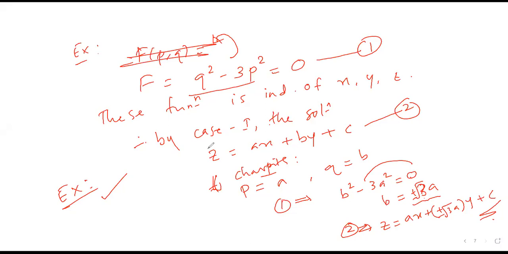Similarly, let's go for case number 2. So you understand this, no? You just have to use the Charpit's method; this one we already derived. A is equal to B. Then from the given equation you have to find a relation between these two, A and B. Then you can substitute, where A is an arbitrary constant. Okay, I will go through these cases quickly, so you can do them as an exercise. So case 2 will be,